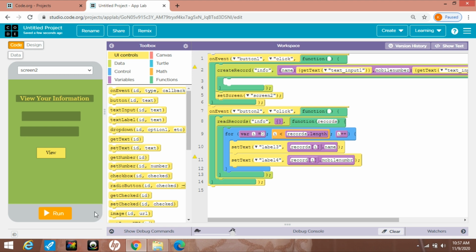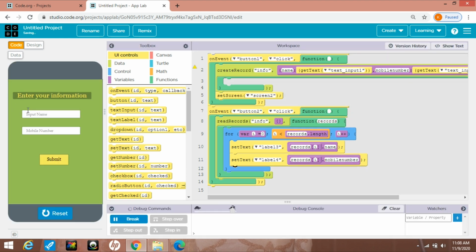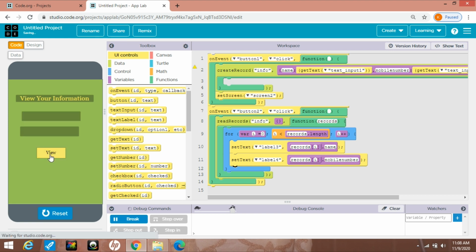Okay, now run it. In mobile number, the e is missing here, write e here. Run it. Now I am inputting the name here, suppose Sonia. The mobile number is this one. I am submitting it and clicking on this. Look at this. My name Sonia and mobile number is coming here. You can increase the size of this label. You know how to increase the size of this label.